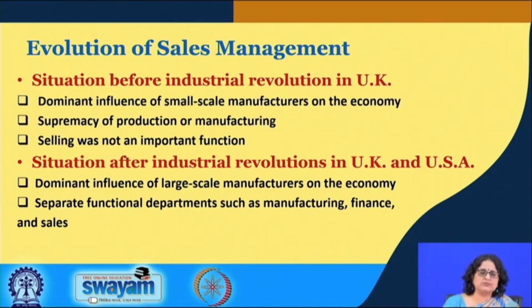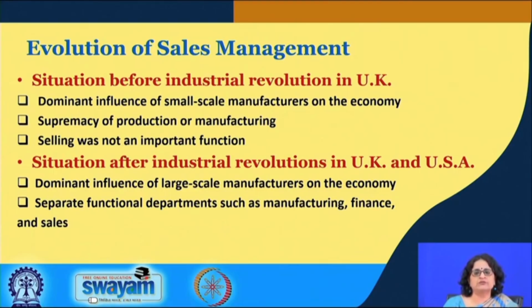The production concept meant that you have to produce in bulk and sell. Even if small manufacturers produced, they produced in bulk, and more importance was given to production and manufacturing. However, after the Industrial Revolution in the UK and in the US, it was the large scale manufacturers which took over,